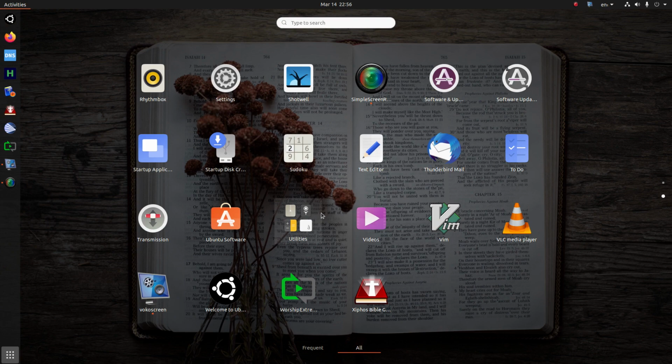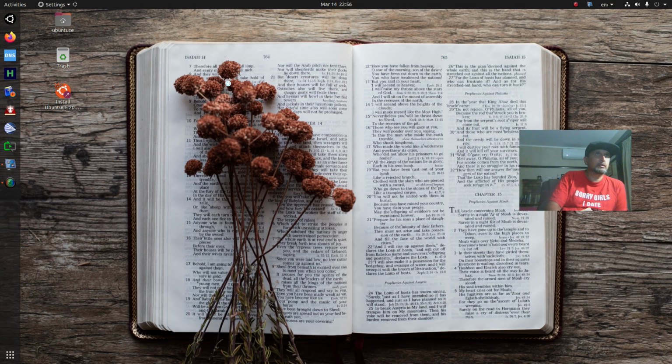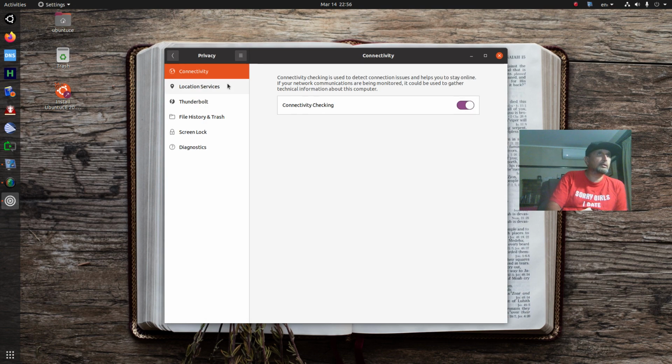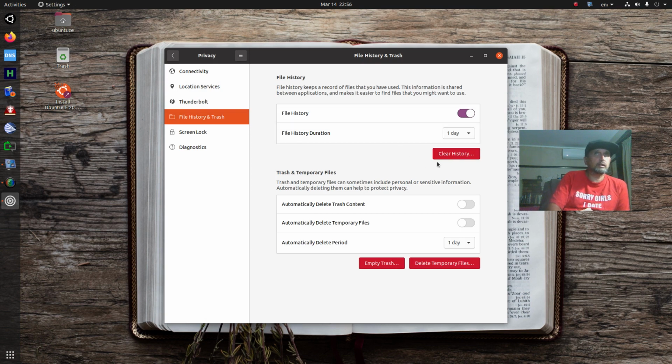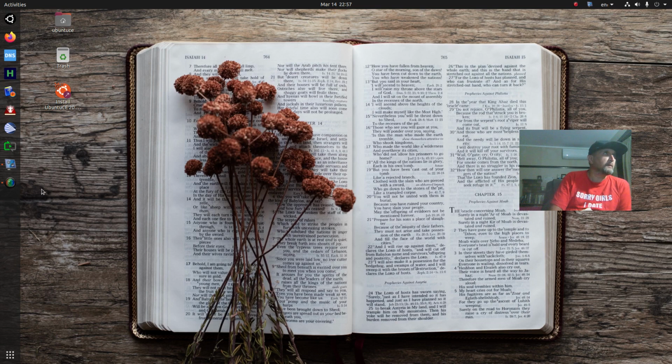Where are we? Settings. We may be able to find how to do that. Screen lock, file history and trash. Okay, you can clear your history. Automatically delete your trash, temporary files. Your trash I wouldn't, because there might be something in there you go, oh geez, that's right, I messed up with this video, I need that other one that I put in the trash, because I can just edit it a little bit here and there, whatever, right? Okay,